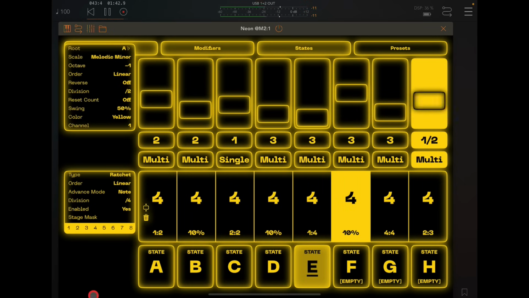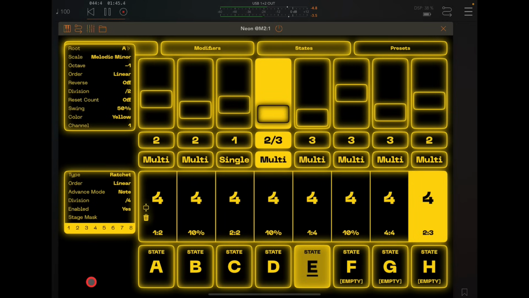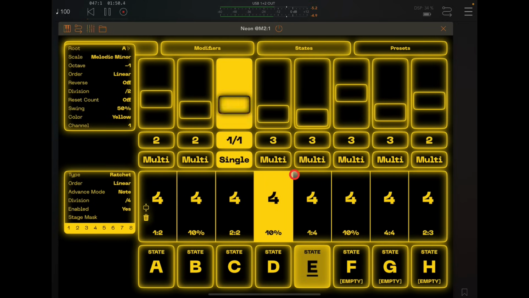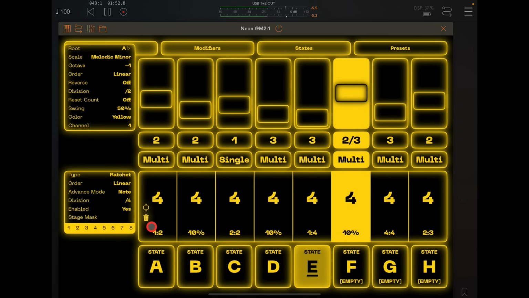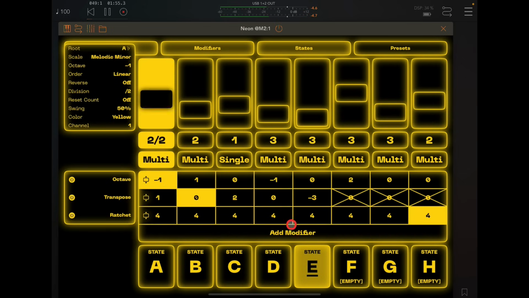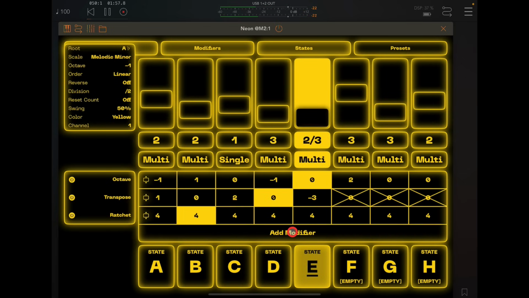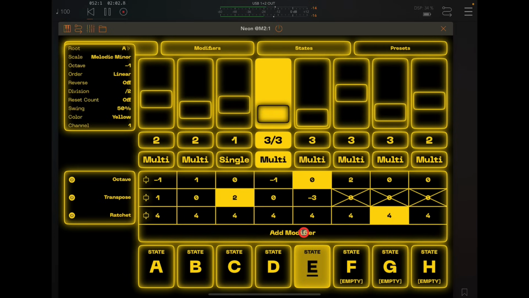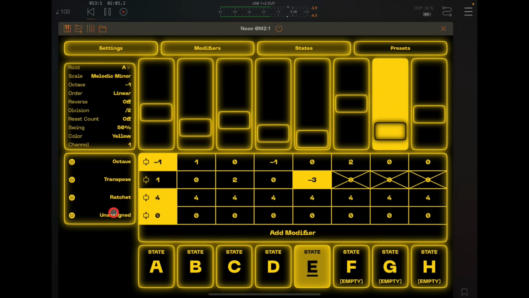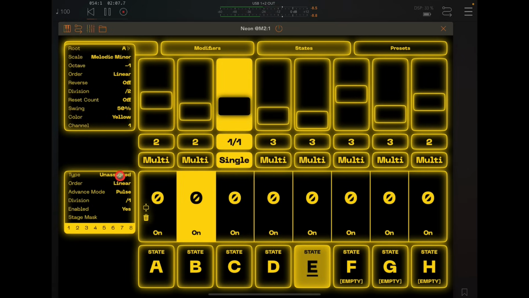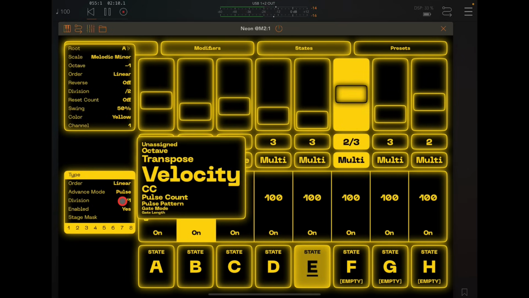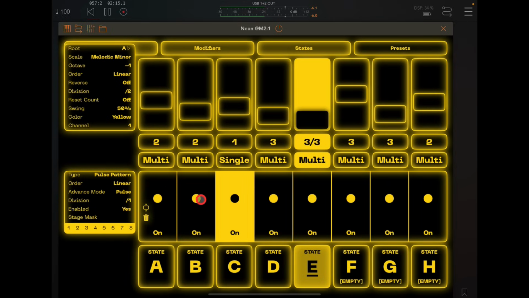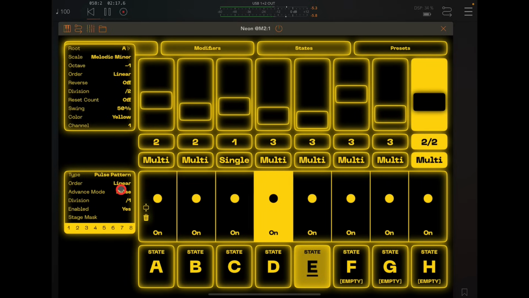Okay, how cool is that? Awesome stuff, right? Okay, I could add another multi, right? So if I close my multi window down, modifier, we get an overall picture of the whole thing. Let's go to add modifier, unassign, let's assign one. Let's go to pulse pattern. Now, for this one, to hear really what's going on, we'll